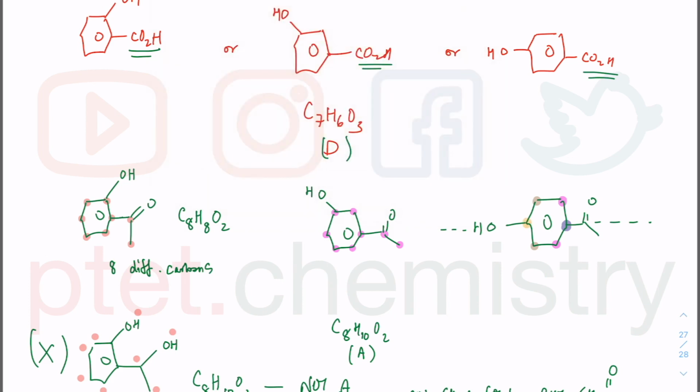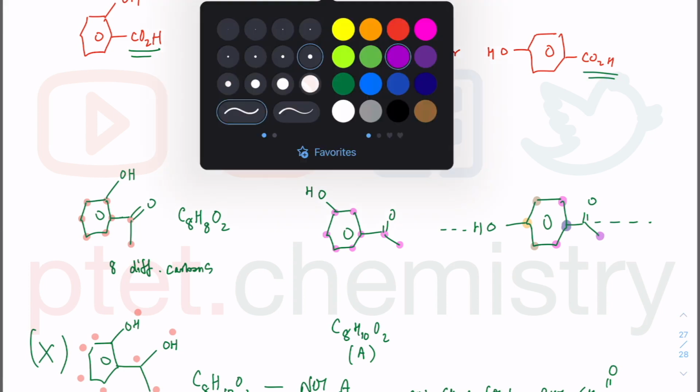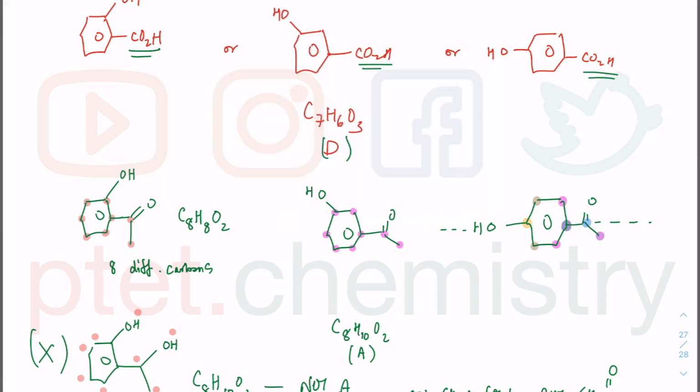Orange one, for example. So you got 1, 2, 3, 4, and then 5 and 6. So you got another 5 and 6, and you got another one which is 6 there. So there's no other carbon, so there's 1, 2, so these and these are the same, these and these are the same, 1, 2, 3, 4, 5, 6. So there's 6 different